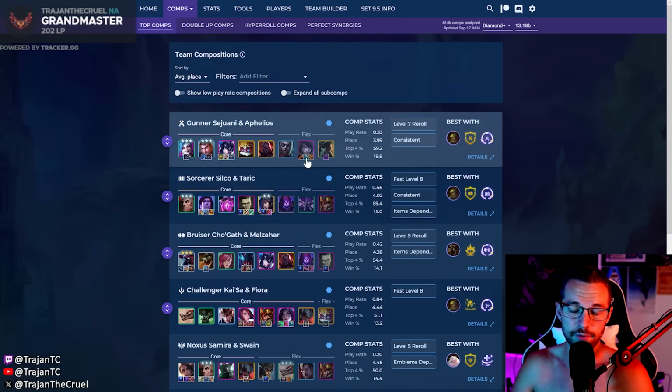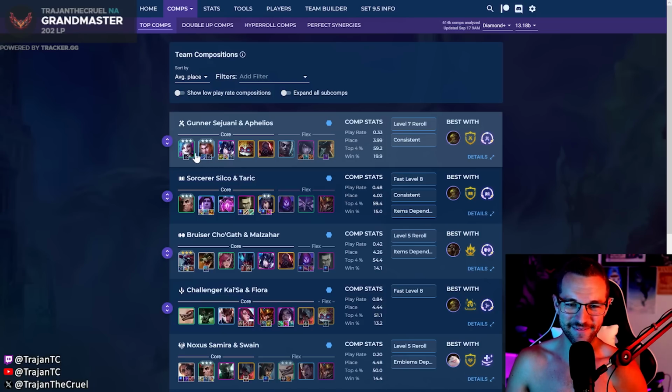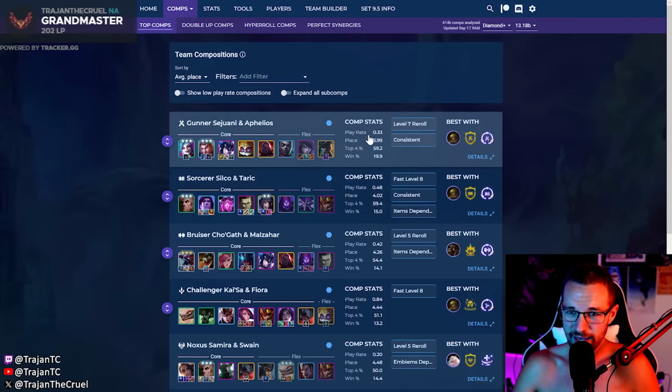So one of the most popular comps right now is Gunnar Sejuani, or not Gunnar Sejuani, it's Gunnar Filius. I don't know why they name it that. It's really Gunnar Jinx reroll. Gunnar Jace and Jinx reroll is what it is. And this play rate is not super high, actually. I do see it in pretty much every one of my games in high elo right now, and the placement